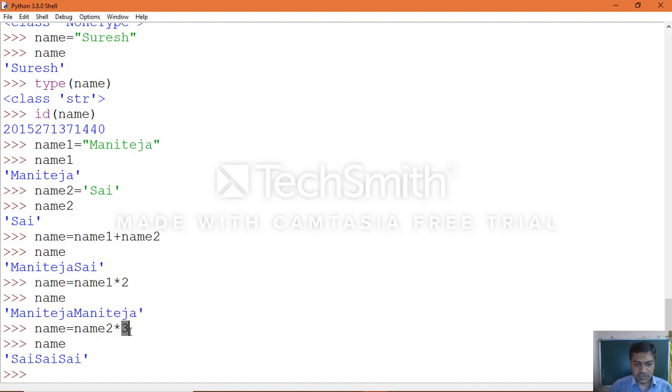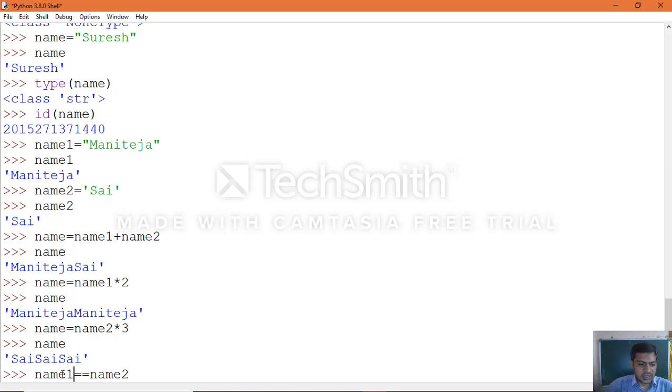So now with strings, we come to know how we can assign a value to a string variable, and how we can make use of concatenation and string repetition. We can even check a condition like name1 double equal to name2.